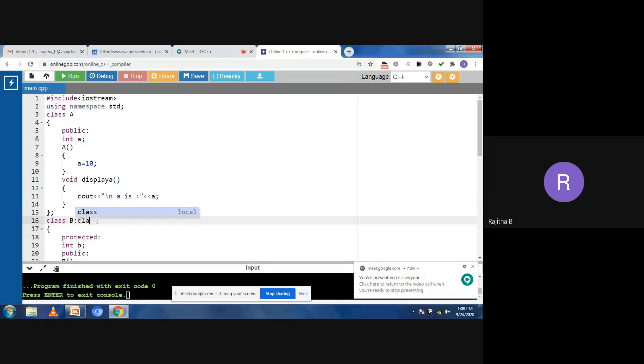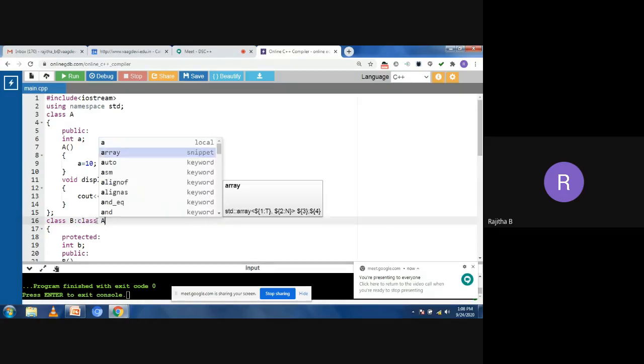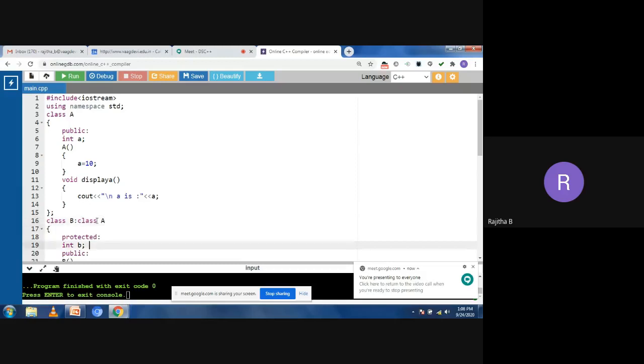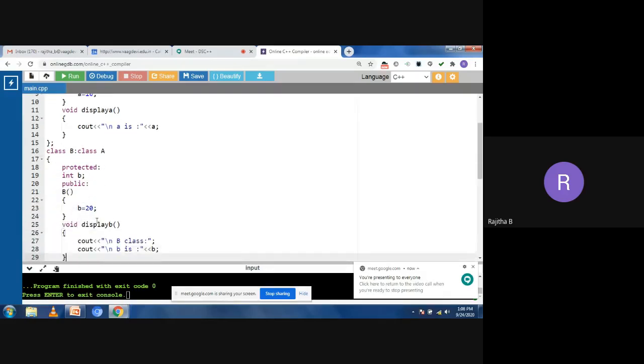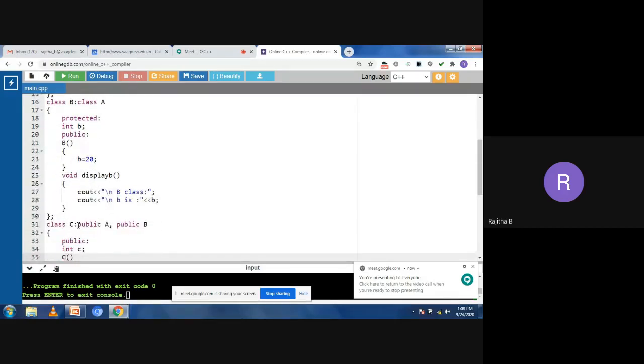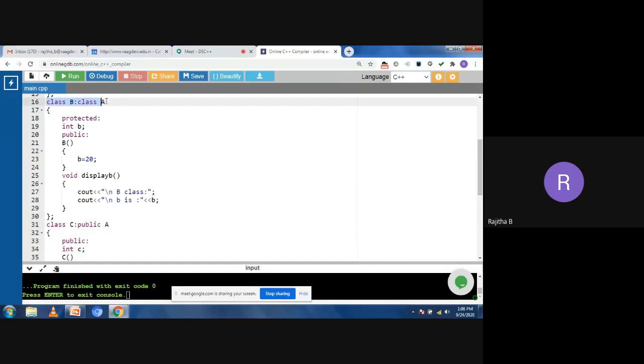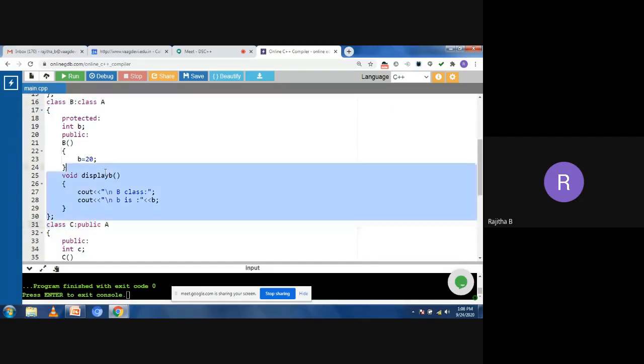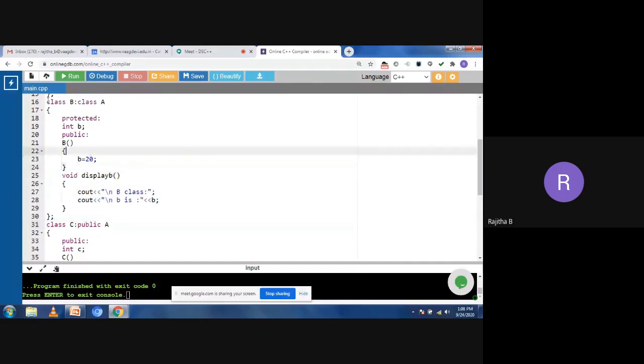So here I need to take class A. Here I can access the A class data members in the B class, as well as in the C class. In C also I need to access the A class data members. You can see the syntax of class B as well as class C. And class B and class C are the child classes.